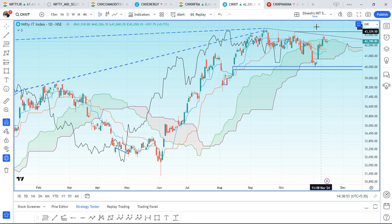So it's important to know that if we get a weekly close above 43,500, I will not go by daily for the current time being because of the overall market sentiment. If it does that, then the next upside target for the IT index is close to 47,000. So that's the strength the index has currently. But if we are looking at a trend line rejection out here, then a downward move can come till 41,700